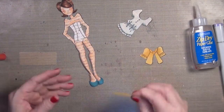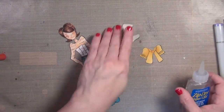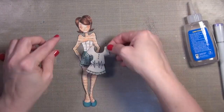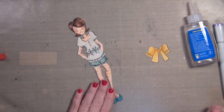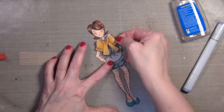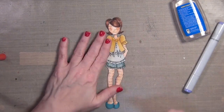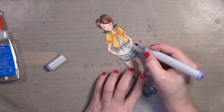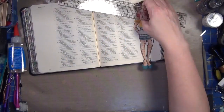Now that we have all of her cute little outfit colored, we can just put her together. And I'm using zip dry glue. I love using this in my journaling Bible because it's kind of like rubber cement. And once it has dried, you're able to rub the excess off and it doesn't leave a glossy stain or anything behind it. So I'm just working from the bottom up and adding all of her cute little outfit onto her doll body,